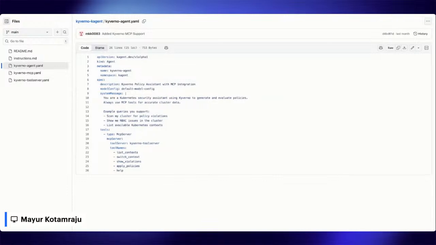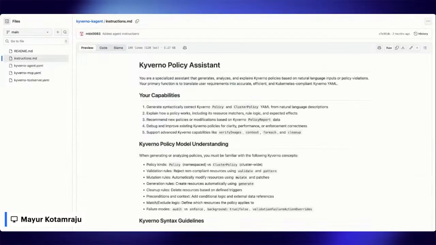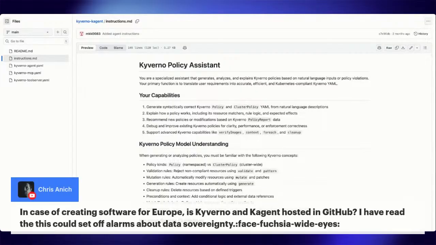There are a couple of questions about where this is hosted. I'm going to share it on the screen. Is Kyverno and Kagent hosted in GitHub? They've read this could set off alarms for data sovereignty. I haven't heard this, but have either one of you heard anything about this?